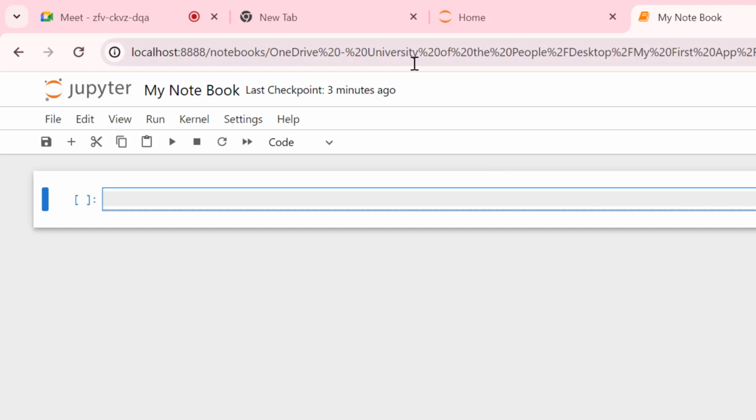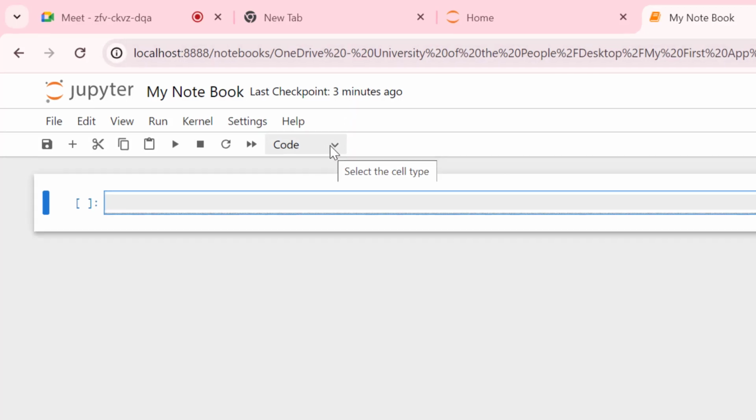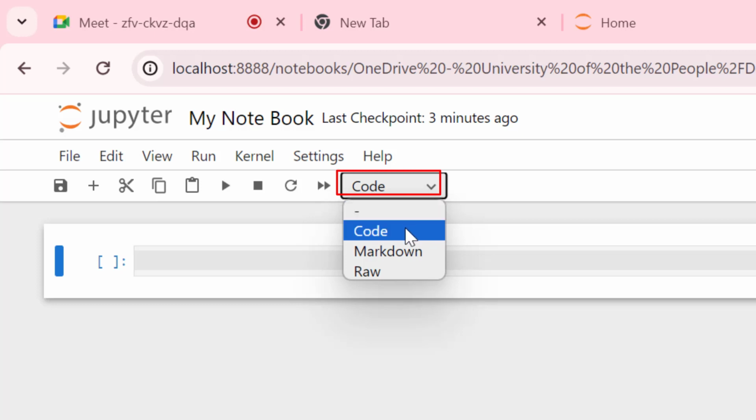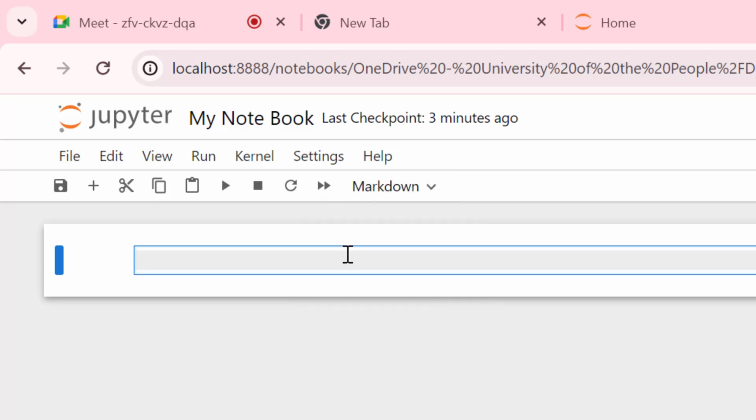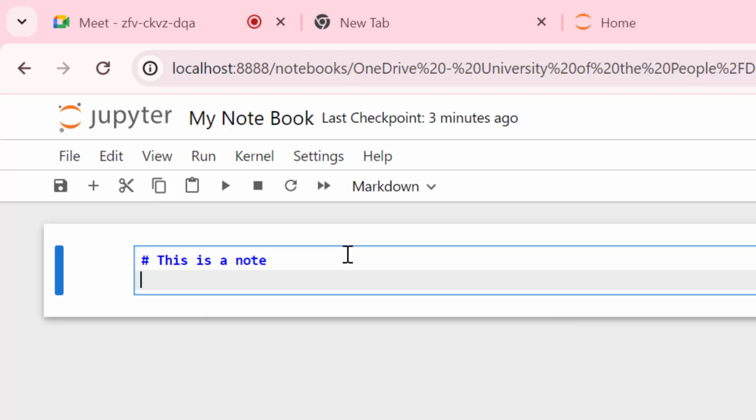You can see here it is currently on code. I can change it to markdown. If I switch to markdown and press hash like this, I will just write: this is a note. And that is it. Also, I can write double hash like this and say